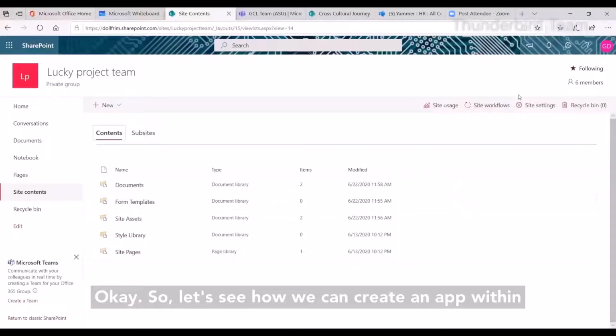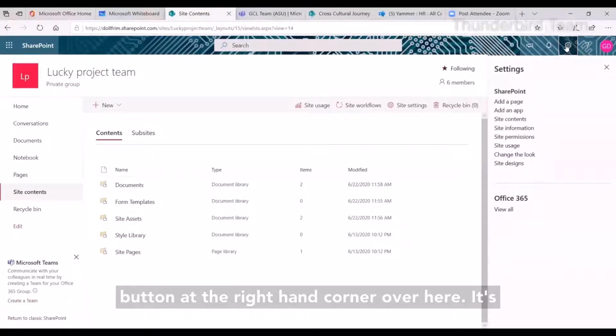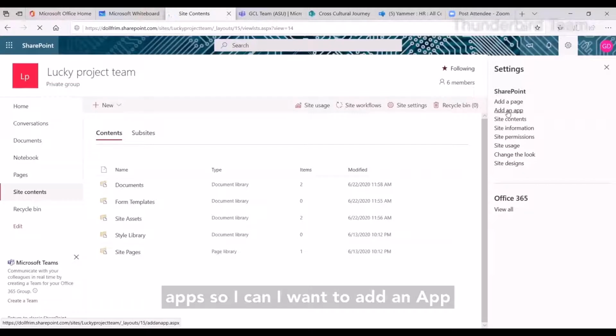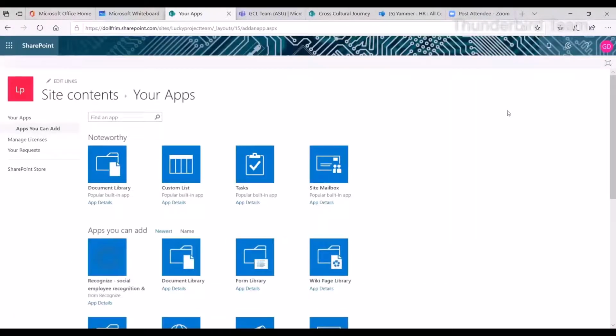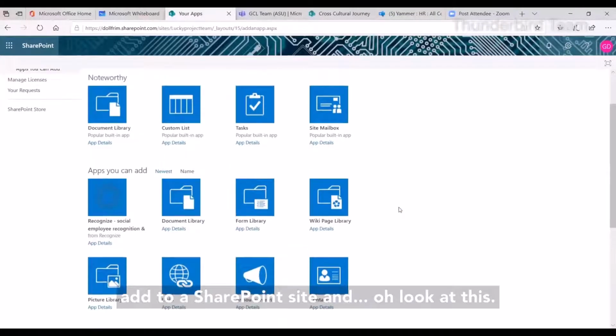Okay, so let's see how we can create an app within the site content. When you click on the settings button at the right hand corner over here, it's going to open up our settings and SharePoint apps. So I want to add an app. Now we have a lot of apps that we can actually add to our SharePoint site. And one of them is, oh, look at this, Recognize. Recognize means what? Well, we can actually praise or